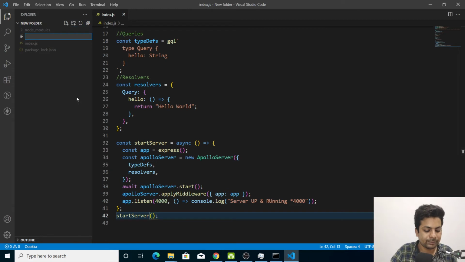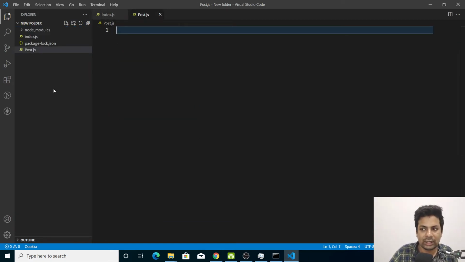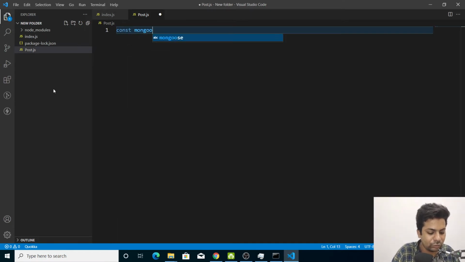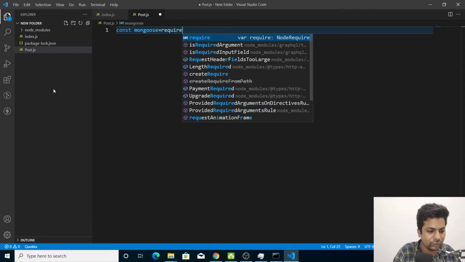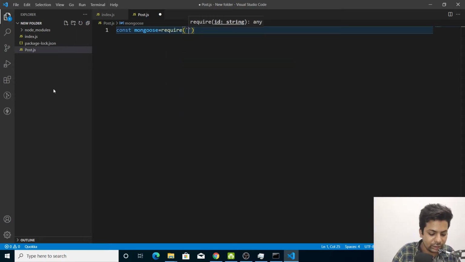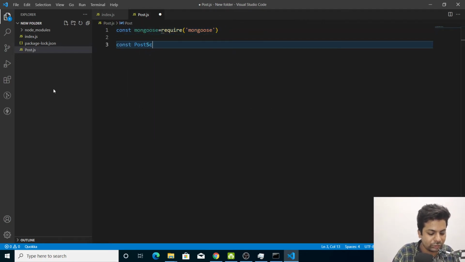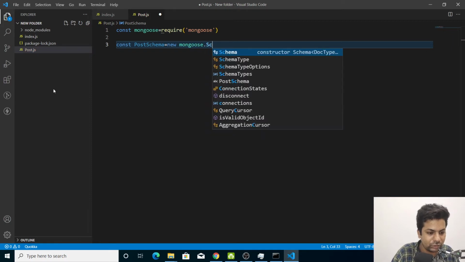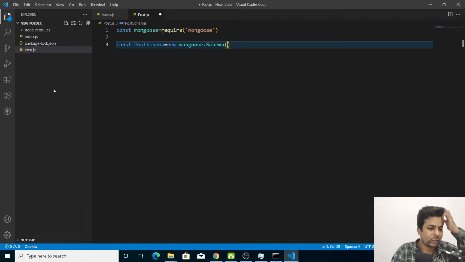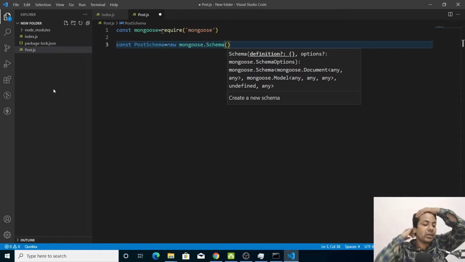So we'll say post.js. That's a MongoDB model that I'll be building. So we'll say const mongoose equals require mongoose, and we'll say const postSchema equals new mongoose.Schema.